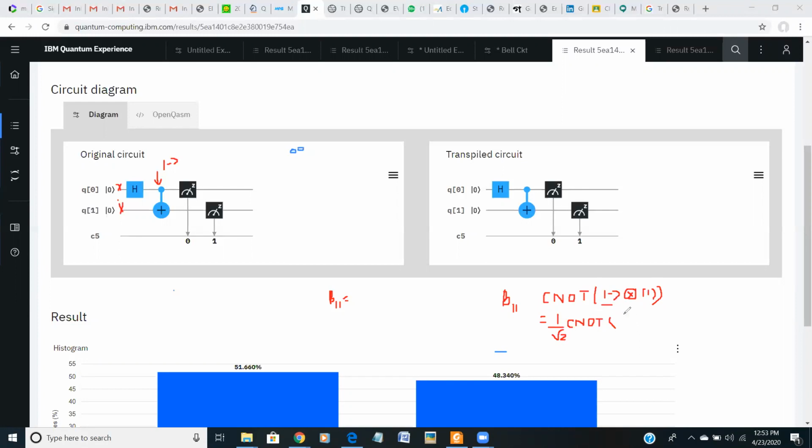So 0 tensor product 1, so that is 0 over 1 minus 1 1.